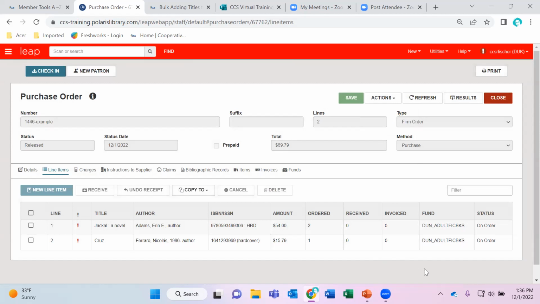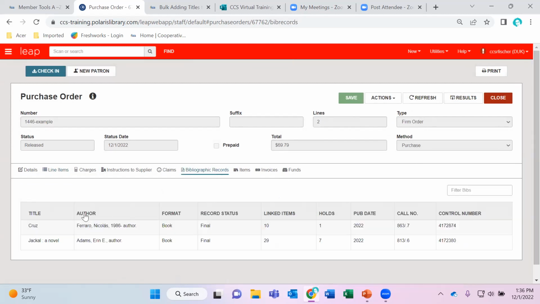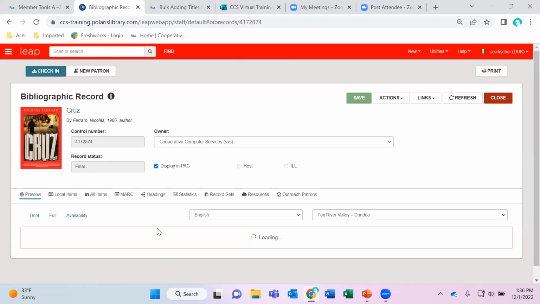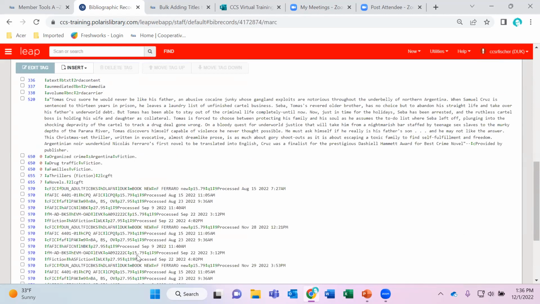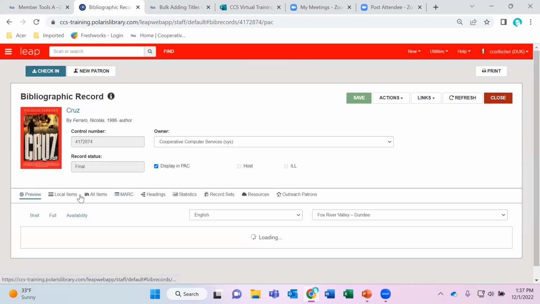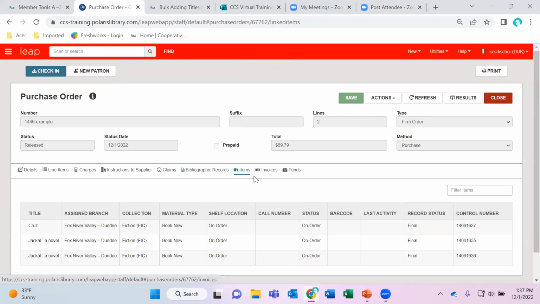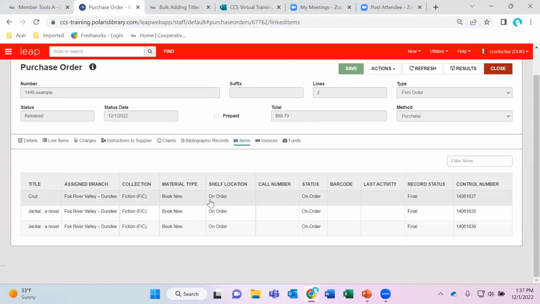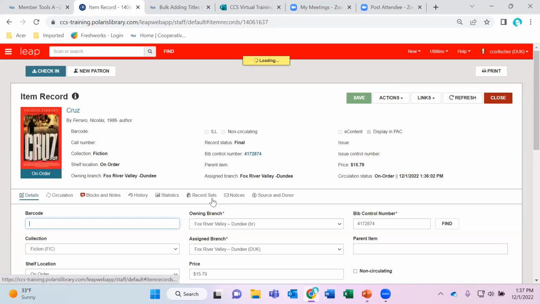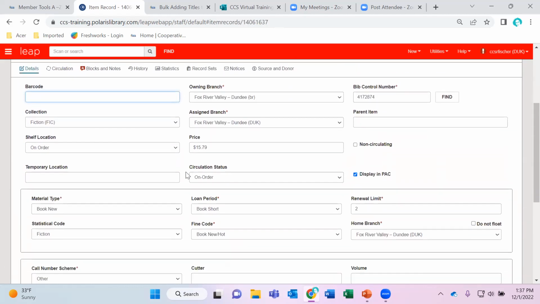Can you open up the bibliographic record? Yeah, so the links to bibliographic items, invoices, and funds are on these tabs. So if I click on bibliographic records, it will list all the bibliographic records linked to the purchase order. You can press open to access the bibliographic record. Take a look at the MARC record if you'd like, or the items. So to directly connect to the items, you can click on the items tab of the purchase order, and it lists all of the new line items. All of the new item records. I can open that up, and you can see that